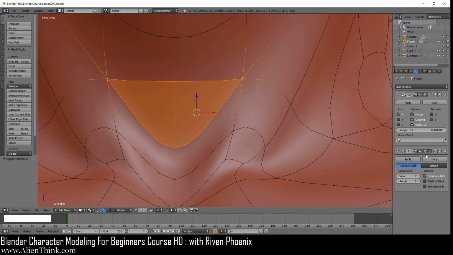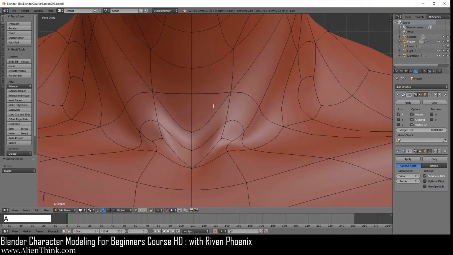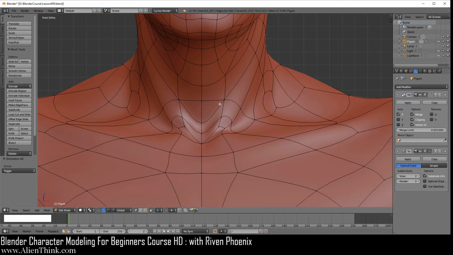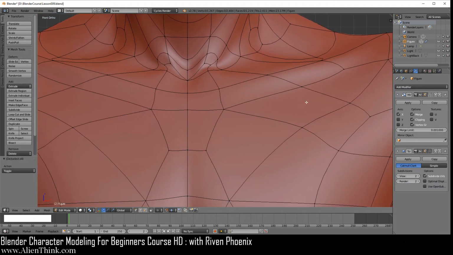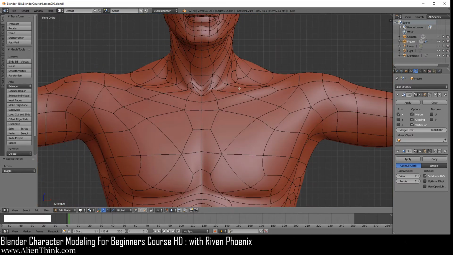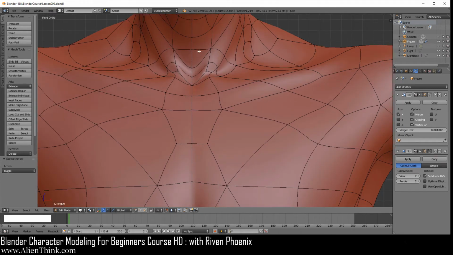Meaning that in the subdivision modifier, even when it creates the quad internally, you've got to remove it. Anyways, I think you understand what I'm talking about. As you work and create more 3D models, you'll be able to understand these concepts. But the general rule is to always create everything with quads and stay away from triangles. But in special cases, you will have them.